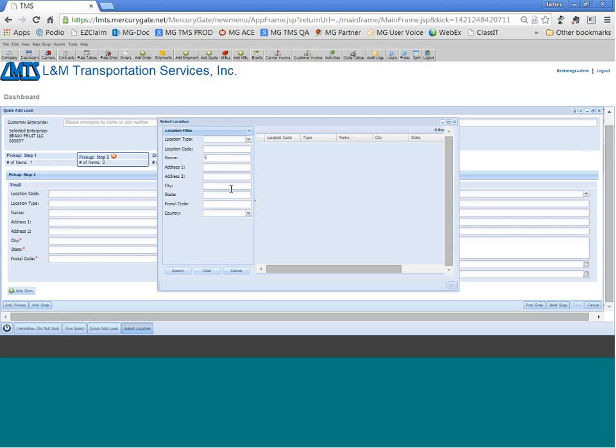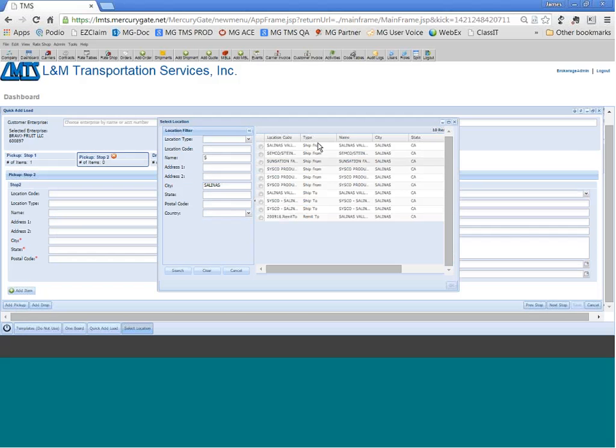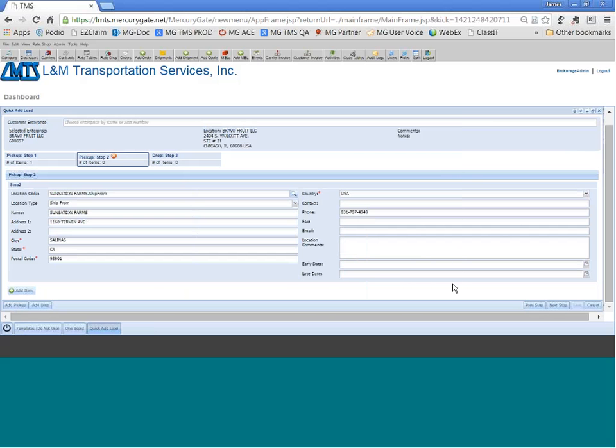So I'm going to put in the first letter or so of my location, type in the city, click search. I get any matches starting with the letter S, and in this case, we're going to load at Sensation Farms in Salinas. So just select it using the radio button and click OK. Again, it will populate with any other information for that location code. We do need to add an item to pick up for this location, so you just click the Add Item button here,